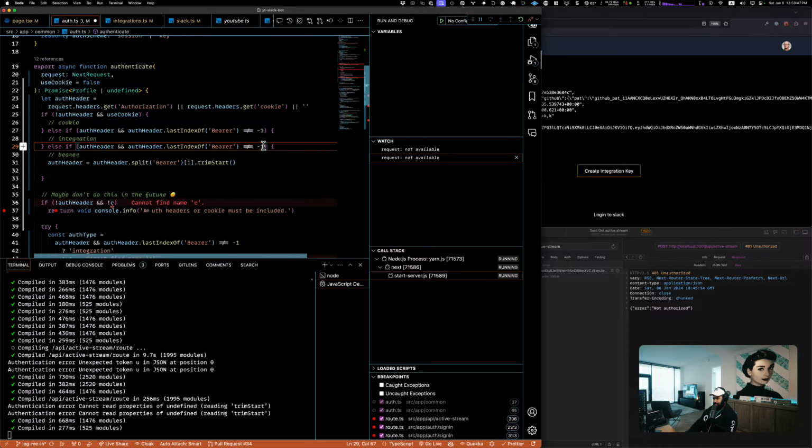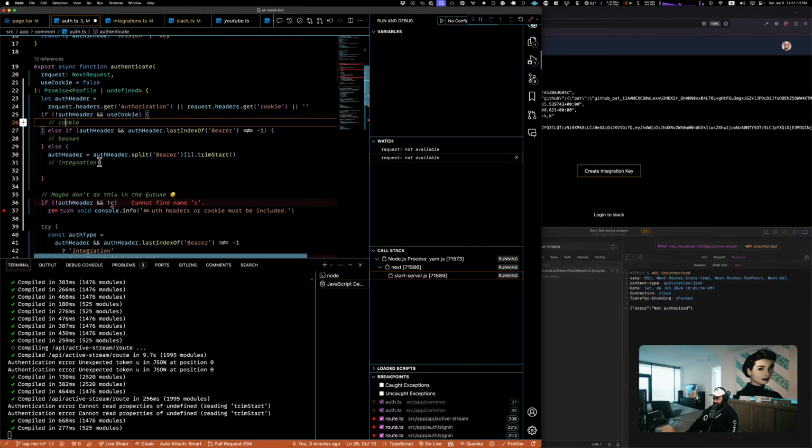So the else is gonna be my catch-all. So we'll say if last index of, oh wait, no, I'm wrong. This right here is bear. This right here is integration. Yeah, so I guess here I don't have to worry about the condition now. It'll just fall through. We'll just treat it as an integration. It'll probably just fail, hopefully. Right, I think this makes sense.